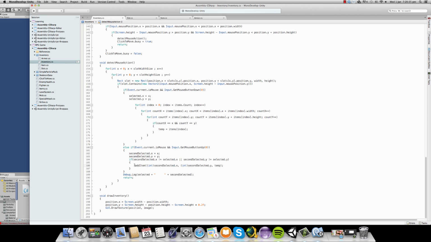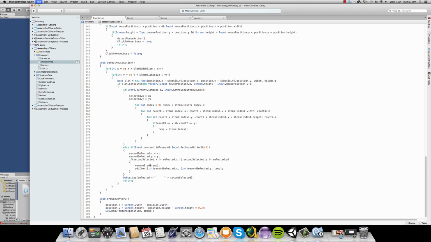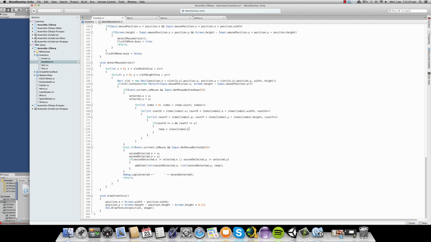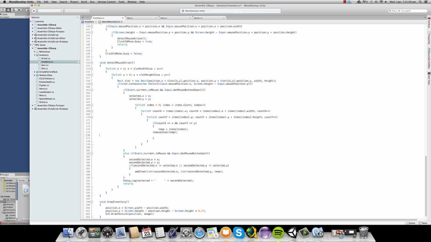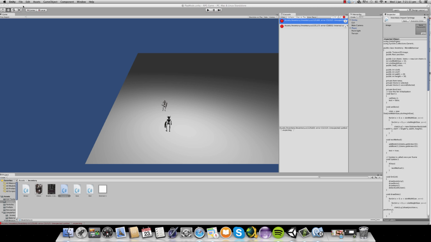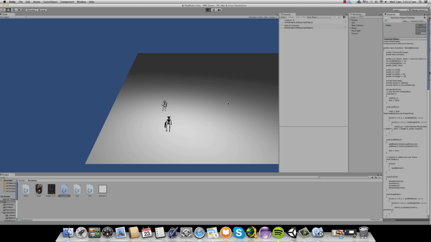So after we have added the item, I'm going to say remove item temp. Actually going to remove it before. Now there's a couple of error handlings that we need to do before we actually can remove it. I'll explain in a second. Actually, we're going to remove it over here. You're going to see something really weird happen, but hold on. So if you select this,